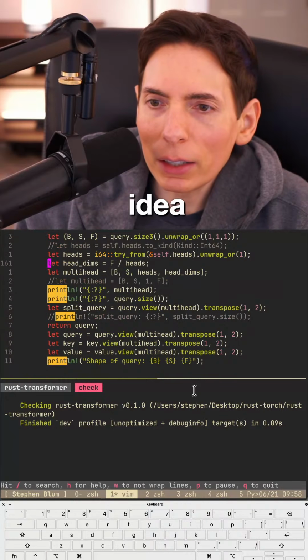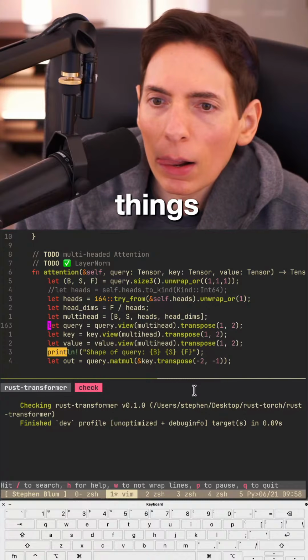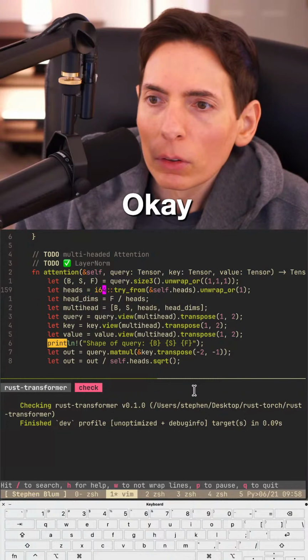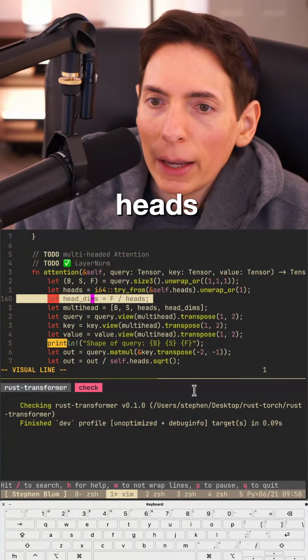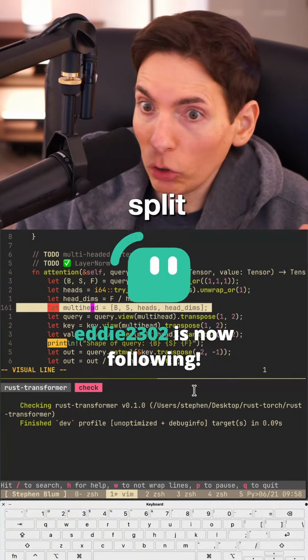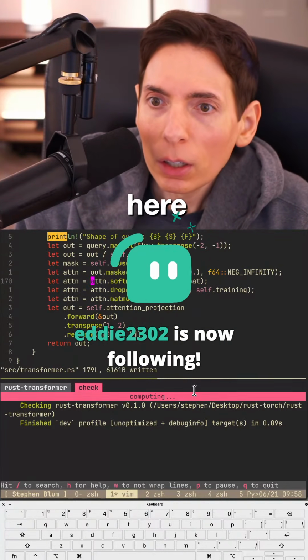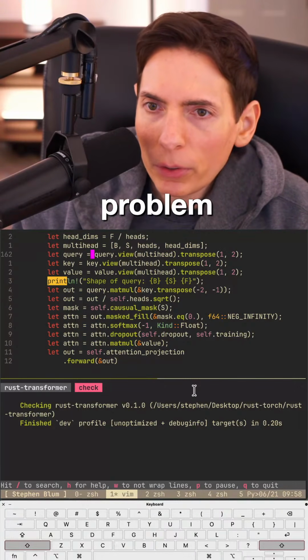I've got an idea. Okay, let's go back and get rid of these things. We've got our heads, our number of heads, head dimensions, the split looks good. Reshape, transpose, this part works here. Okay, that's right. Our problem is here.